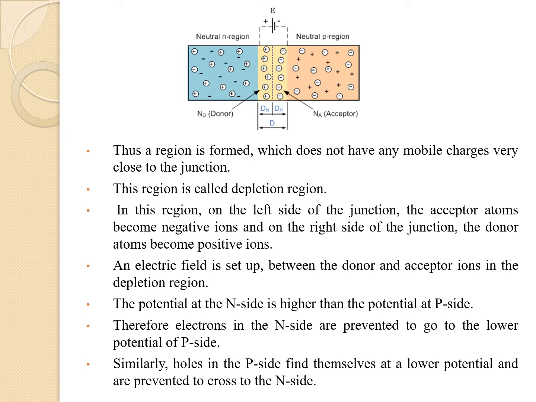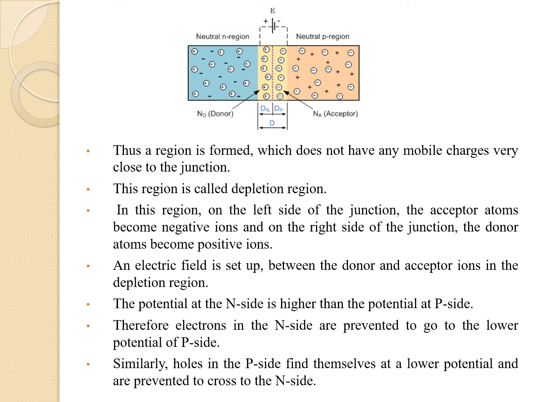Here we can see in the diagram, in a p-type semiconductor, uniformly distributed holes are majority carriers, and in an n-type semiconductor, uniformly distributed electrons are majority carriers. When the p-n junction is formed, holes and electrons come closer together at the junction. Some free electrons from the n side cross the junction and combine with the holes on the p side. We say that they diffuse across the junction. That means flow from a region of high carrier concentration to one of lower concentration.